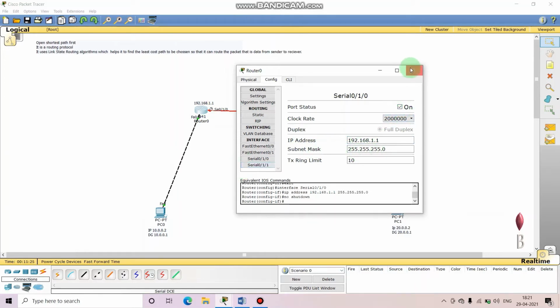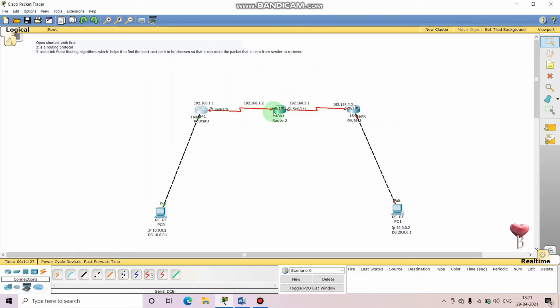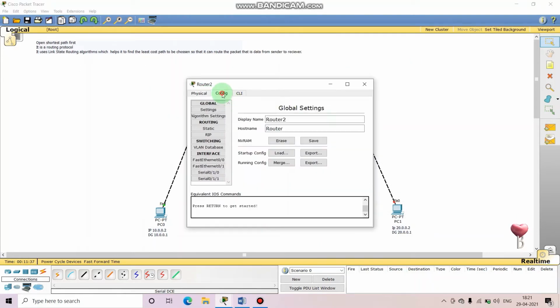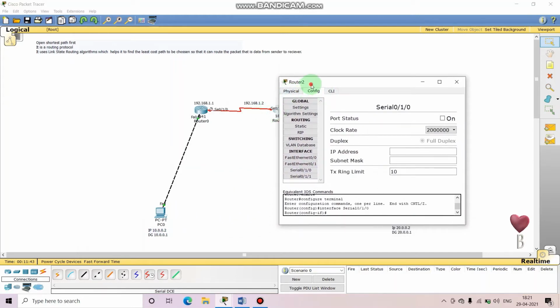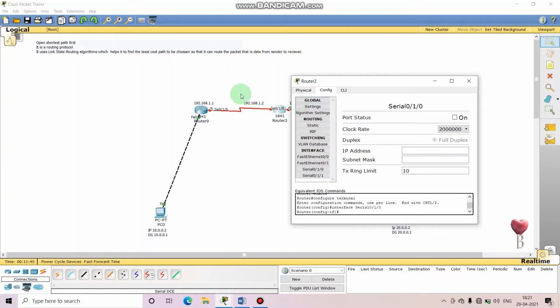Okay, so close it. Now we will go into the config tab, and we'll go into this. You can see for this side I have used 0/0, so I'll put up this address, 192.168.1.2.